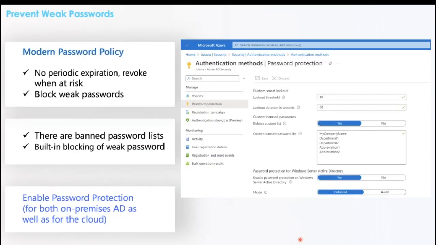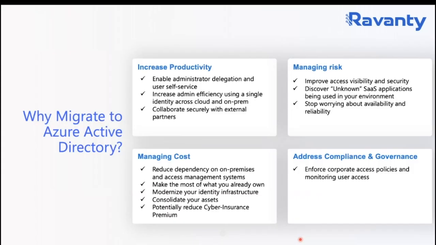And you can enable password policies. So you can have a banned password list, so if users set a password, they don't set things like password1, department1, generic passwords. You can set that up and enforce it. And then you can also enforce it across your on-prem environment for any on-prem accounts, things like that for your Windows servers, and you have some admin accounts, you can do that as well. So you have that capability for password protection, and to set how long the passwords are good for, things like that. You have those password protection capabilities in Azure Active Directory.